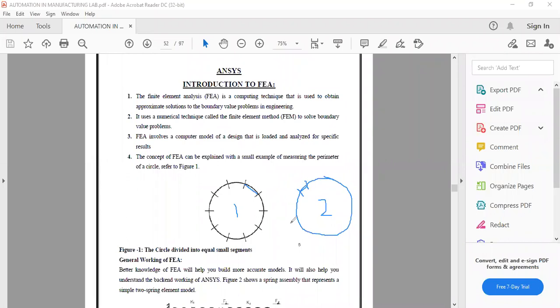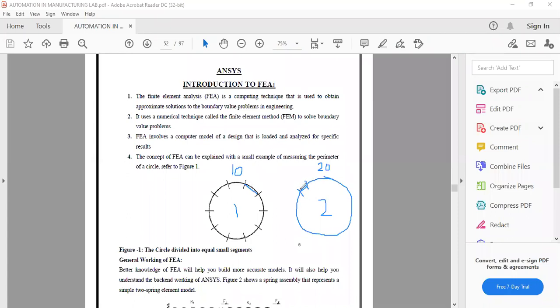You see, let me clarify. This circle we have divided into 10 divisions, and here you have 20 divisions. Here you have more divisions, smaller than the first one, and then the same thing continues.